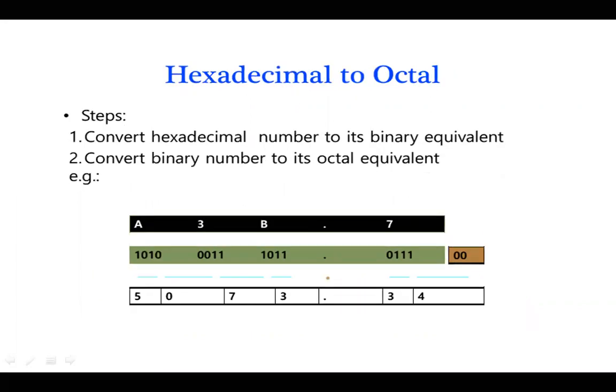Hexadecimal to octal, how do we do it? Again, we'll convert the hexadecimal number to binary, and from binary convert to octal. So the hexadecimal number is already converted into binary. For each digit, you represent it by its 4-bit binary equivalent. Now to convert it into octal, what do we have to do? So here is a decimal point. This will follow this direction.